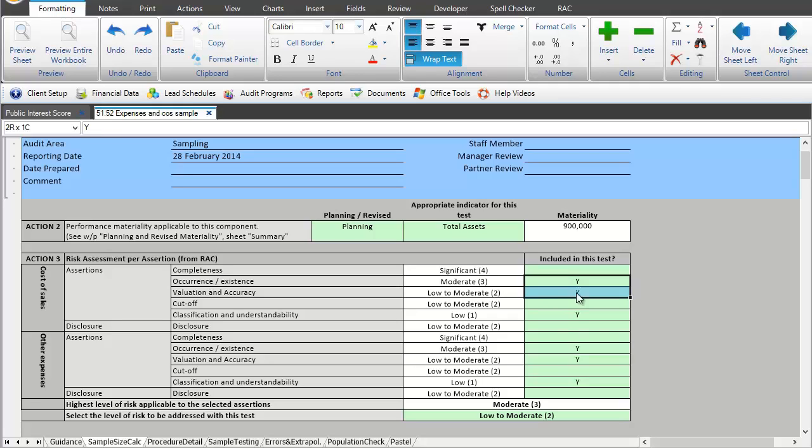Okay, as soon as you have specified assertions for cost of sales, it will automatically carry those over to the other components because generally you're going to be doing the same assertions for all the components that you've included. Now,